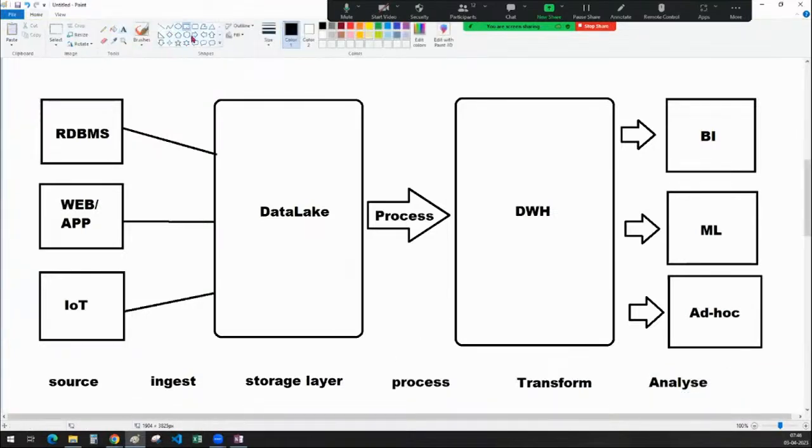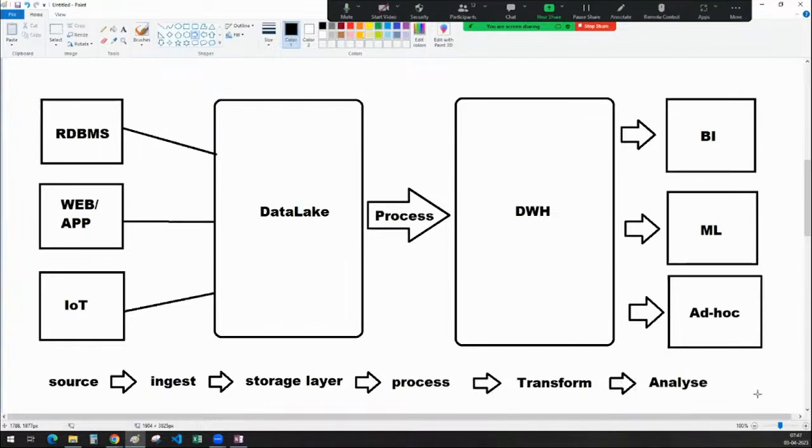This is what is meant by a data life cycle. In a data life cycle, you get the data from a source. You do the ingestion into a storage layer, and you do processing on top of it to clean the data and prepare the data. You do some transformations on top of it, and you analyze the data to improve your business.